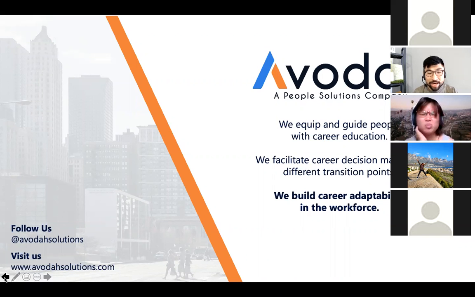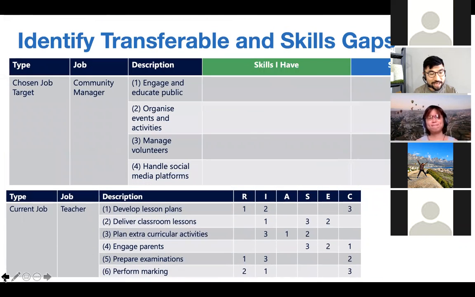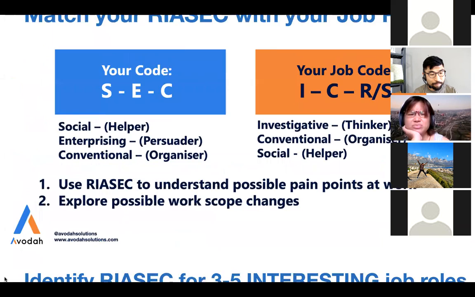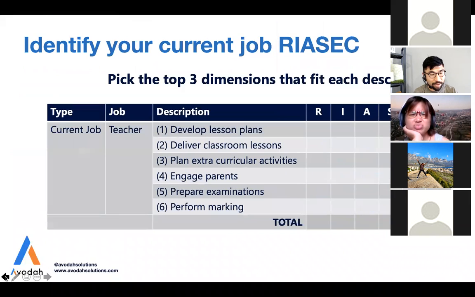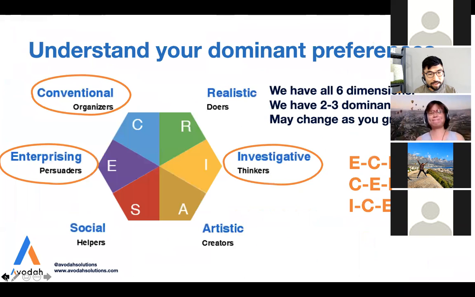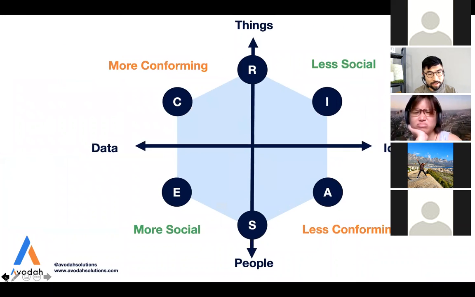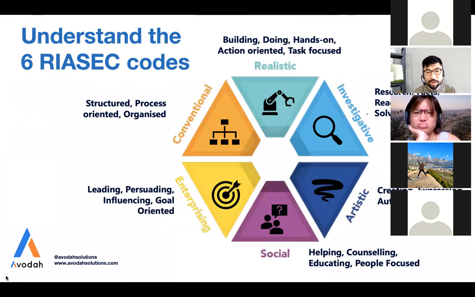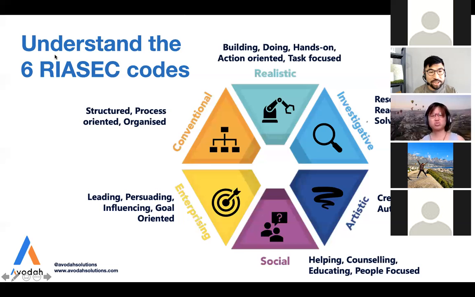Wonderful. Let me backtrack a little bit to that slide so that we all can see. It's a good question, Esther. Let me just pull out that image for us. And here we go. So Esther's question for us was about realistic and artistic. What are some of the descriptors used for them? You can see from here, realistic is really about people who are very hands-on, and artistic is someone who is more interested in creating new things, having flexibility to do things.